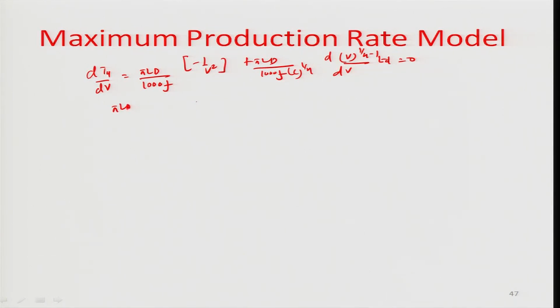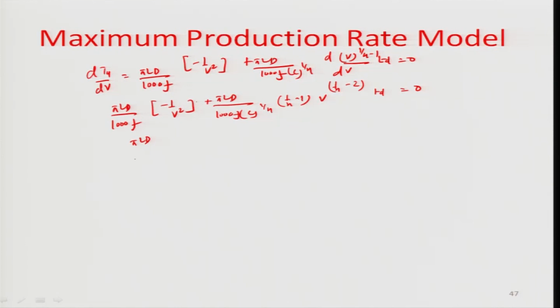So pi LD by 1000 F times minus 1 by V square, plus pi LD by 1000 F C to the power of 1 by n times 1 by n minus 1, V to the power of 1 by n minus 2, TD is equal to 0,